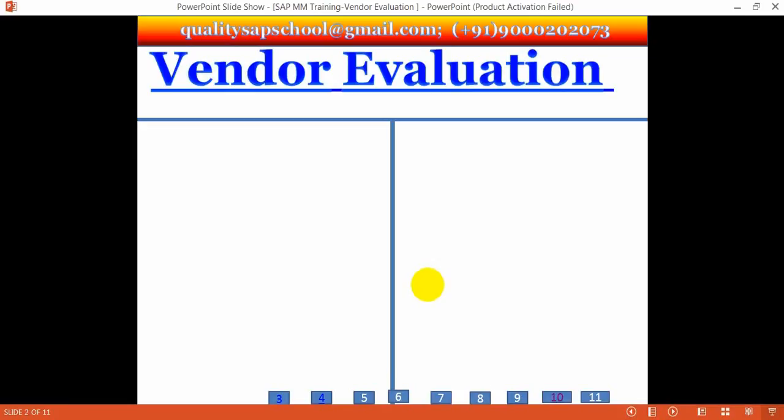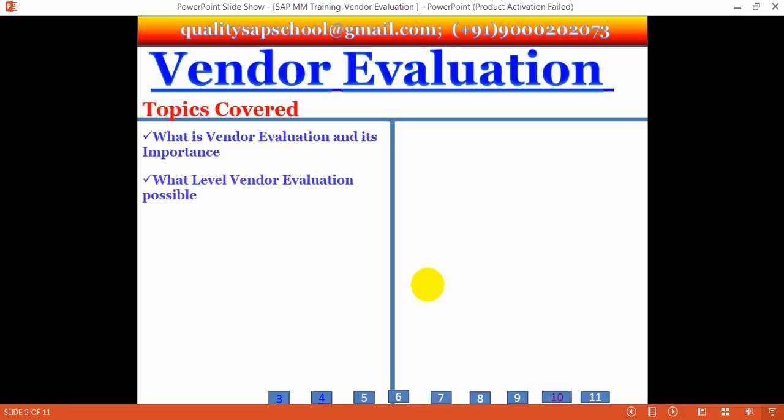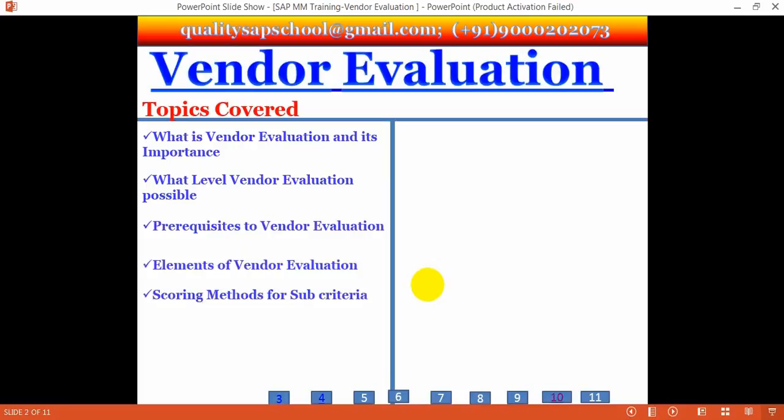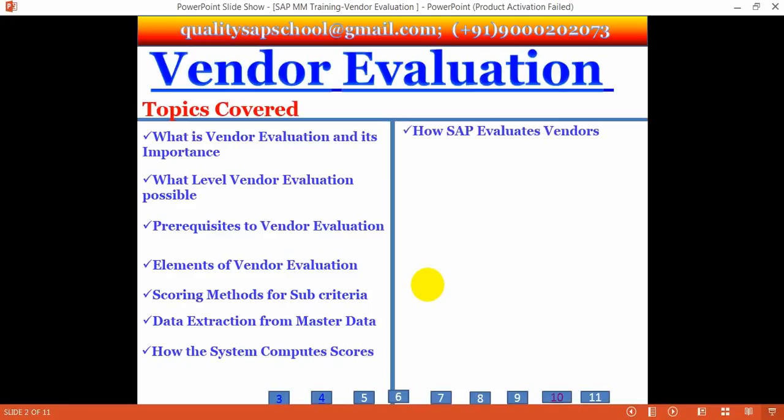Under this subject area of discussion, we will be covering the topics: what is vendor evaluation and its importance, what level vendor evaluation is possible, prerequisites to vendor evaluation, elements of vendor evaluation, scoring methods for sub-criteria, data extraction from master data, how the system computes scores, how SAP evaluates vendors,